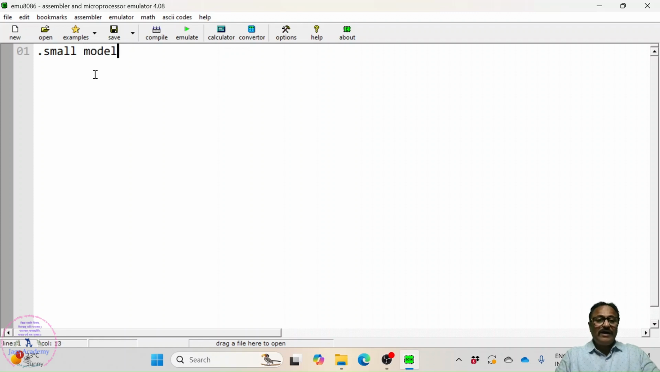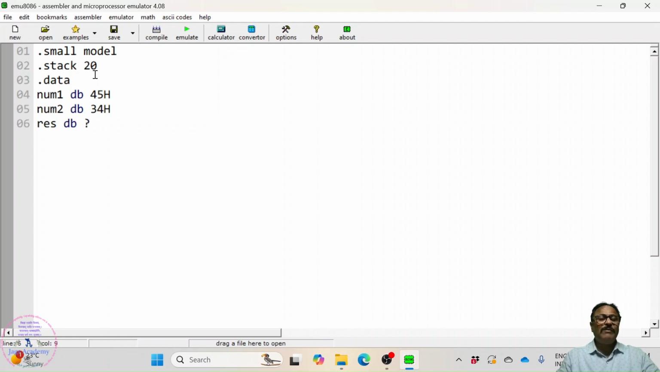So as usual, small model, you can use .stack 20 and I will go for a .data, right? Then you have num1 db, I will take some random number, num2 db, I will take another random number, and then I will use result also db question mark. I will not take care of the carry right now. Okay. So then you will have .code, then you will have start, then you will have mov ax,